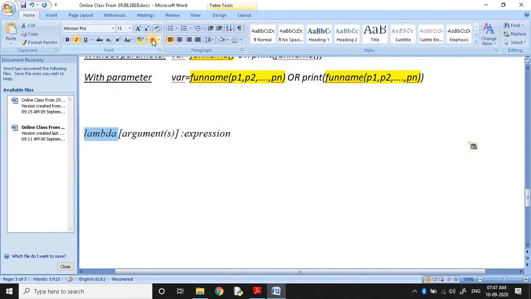Actually, lambda is a keyword. Colon is compulsory, don't forget this, colon compulsory, then the expression.